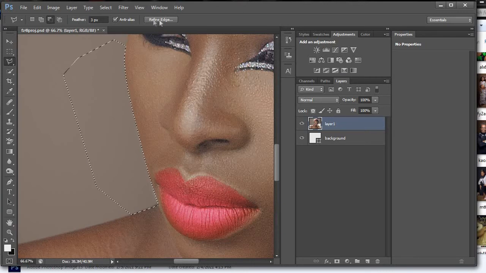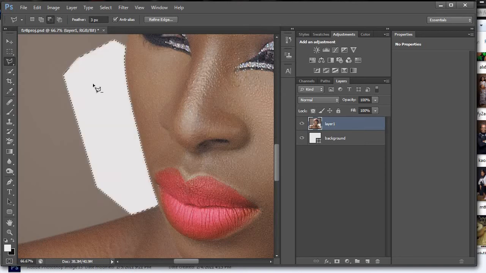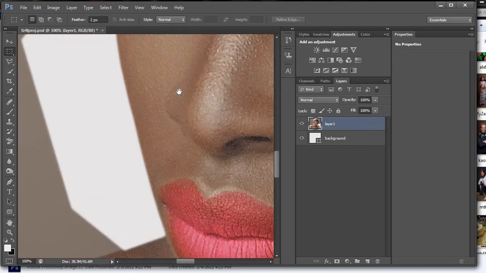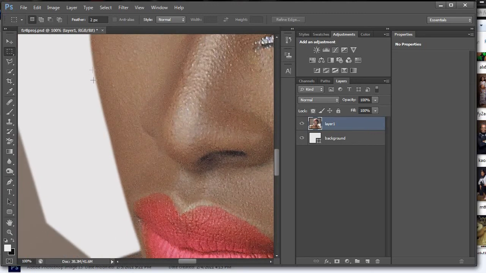I don't need to come here and refine the edges as we would have done if we were using the quick selection tool. The polygon tool has its feather already set to 3. So I'll go ahead and delete this twice. Okay, so I'll click on this, then click outside the selection to view my edge, so you can see the edge well deleted and looking clean